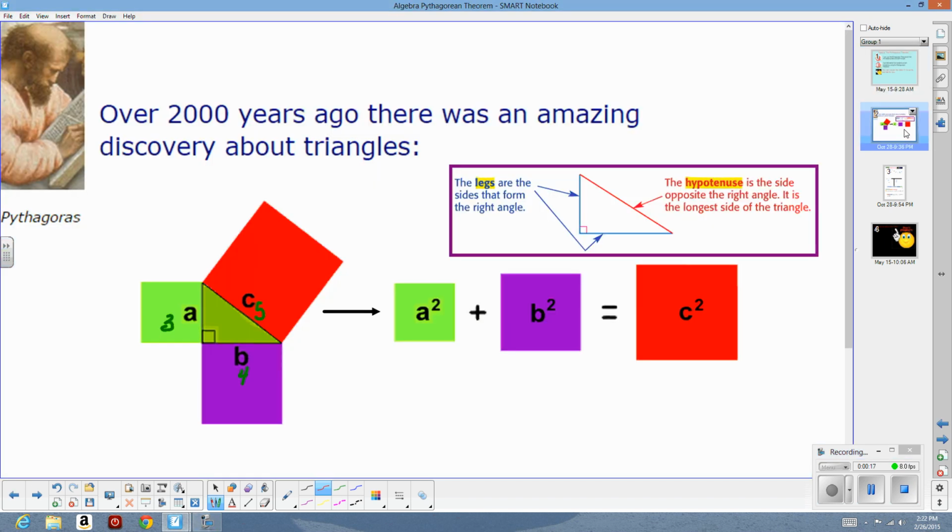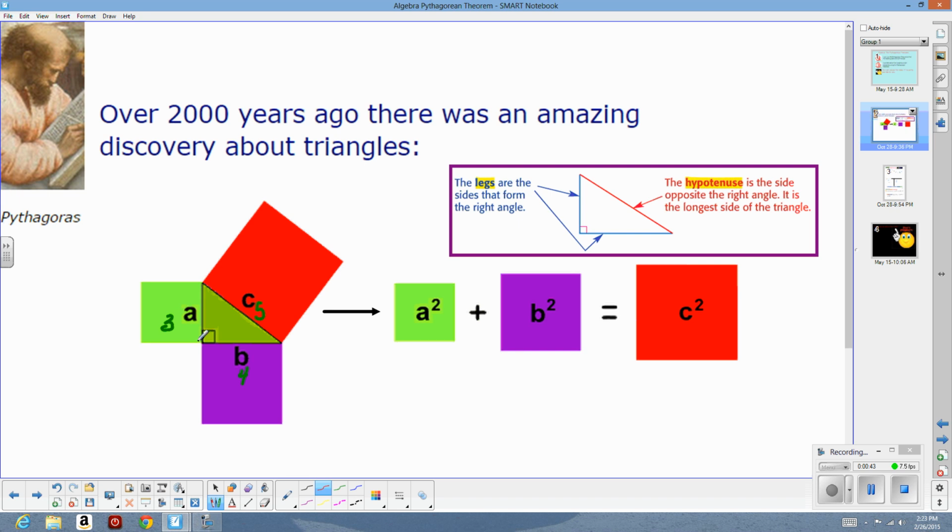Over 2,000 years ago, there was an amazing discovery about triangles. It was discovered that if you take the two legs of a right triangle, square them, and add them together, it will always equal the square of the longest side, called the hypotenuse. For example, if we had a right triangle with legs of 3 and 4 and a hypotenuse of 5,